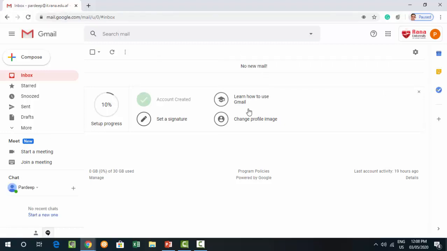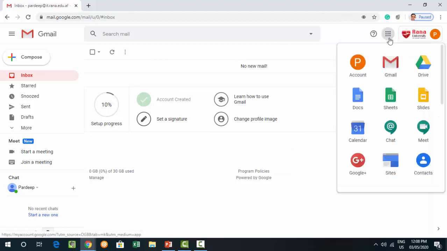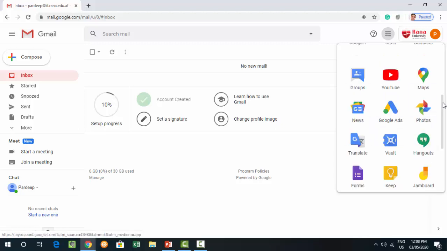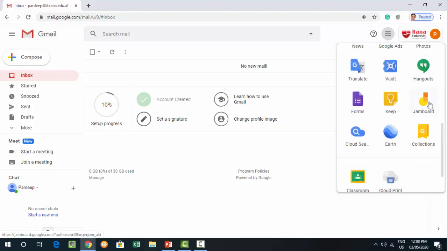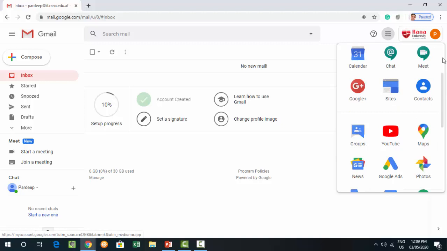you will find the chat option and the meet option, which you were not finding earlier in the system. Now these options are available here, and we can also get a Jamboard for use. I will explain in the next session, one by one, how we can use this Google Meet option to conduct a meeting.